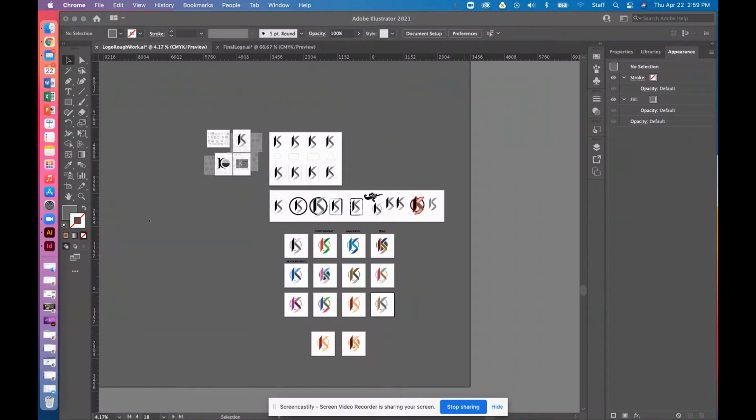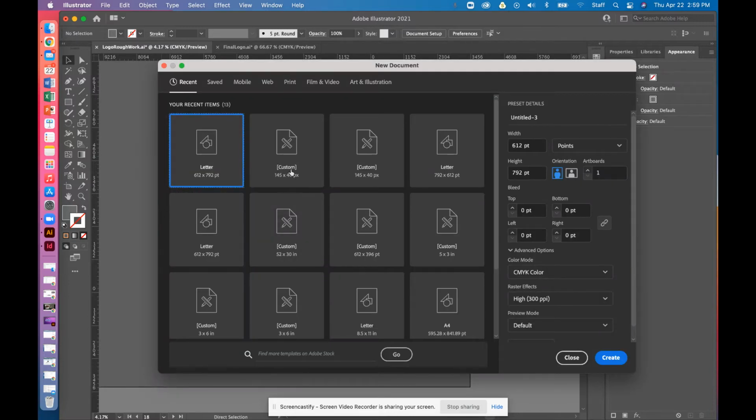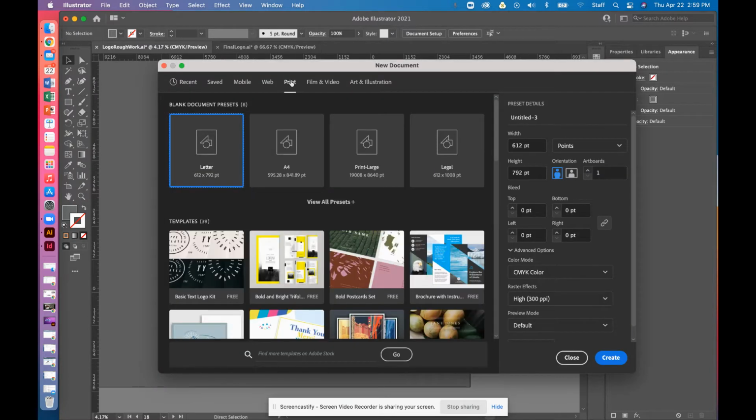Let's talk about how to set up your document. This one will be relatively quick. So if you're using Illustrator, you're going to go to File and New. You can choose Print. And over here on this side, what you're going to do is make sure that it's